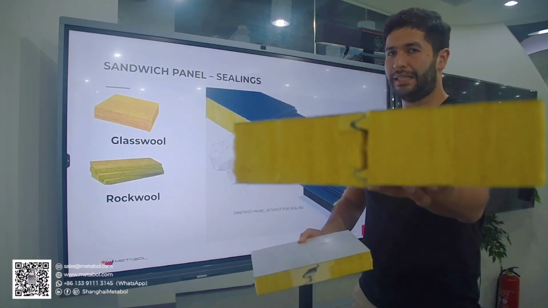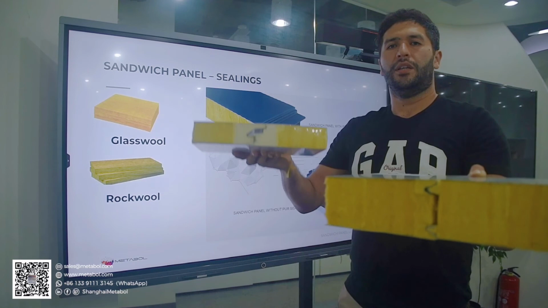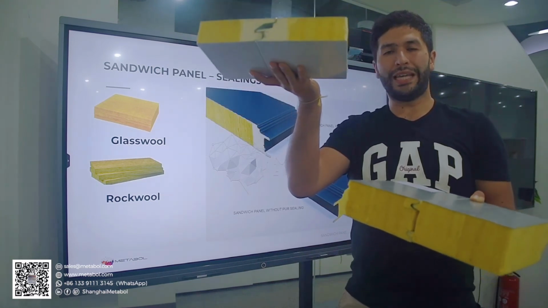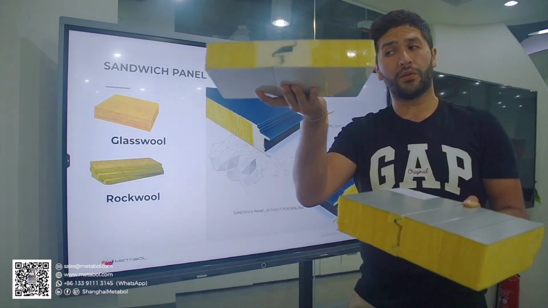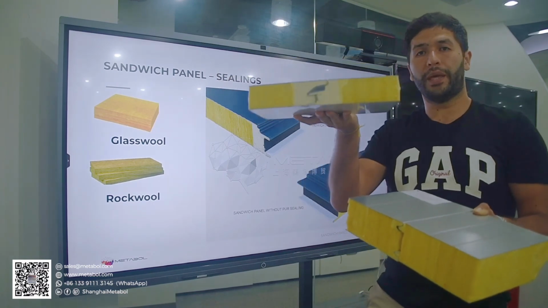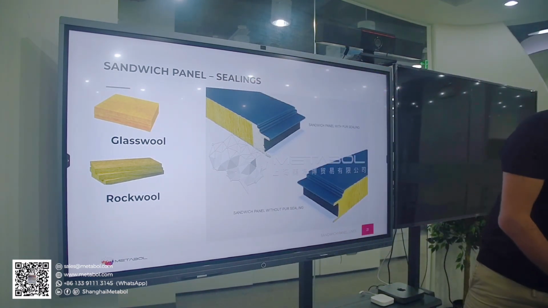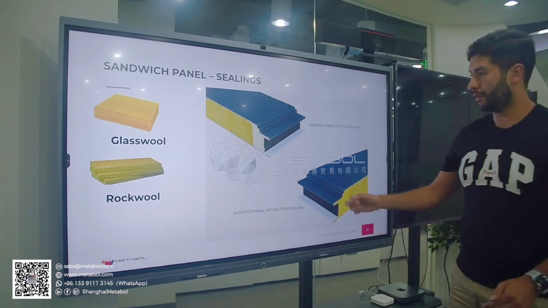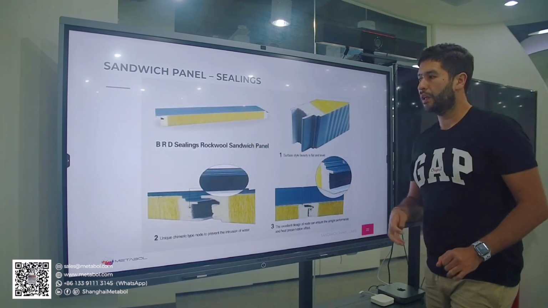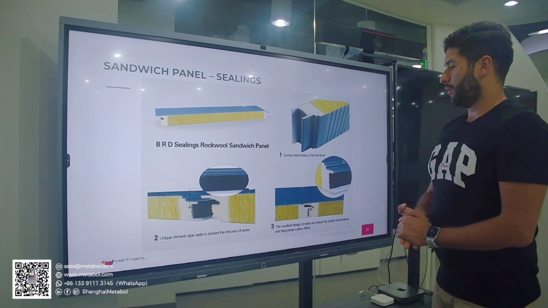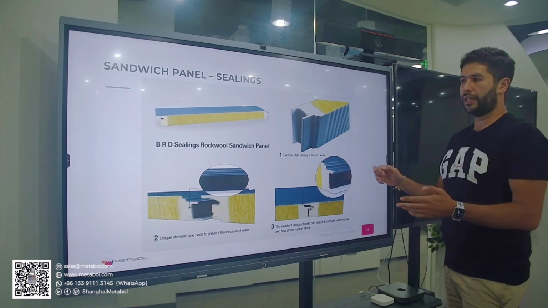In this case, it doesn't have. So the insulation, in case if there's water want to go inside, it will be much better in this case. Okay? So this is the difference of one and the other. There's another type of, well, we are just